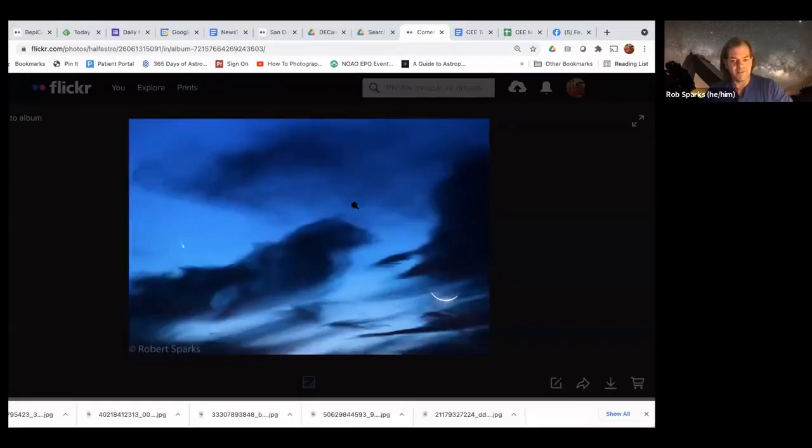Remember 2013 Comet Pan-STARRS. A lot of people were very disappointed with it because they thought it was never really visible in a dark sky. It was only visible right after sunset. But this is actually Comet Pan-STARRS. And this is an interesting picture. It was by the crescent moon. I wanted to get by the crescent moon that night. This was a challenging picture. And of course, it was still in bright twilight. You see the comet up here with a little bit of a tail.